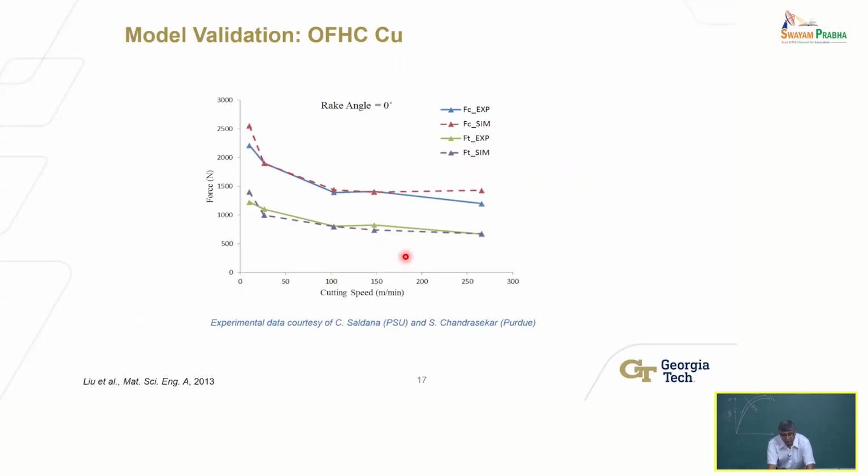Let's look at force. I want to be able to produce cutting forces. That's a more easy thing for us to all understand, right? So this is showing you there are two components of force. This is an orthogonal cutting operation, simple like taking a knife and removing a layer of material. So force in the direction of cutting, force normal to the direction of cutting, right?